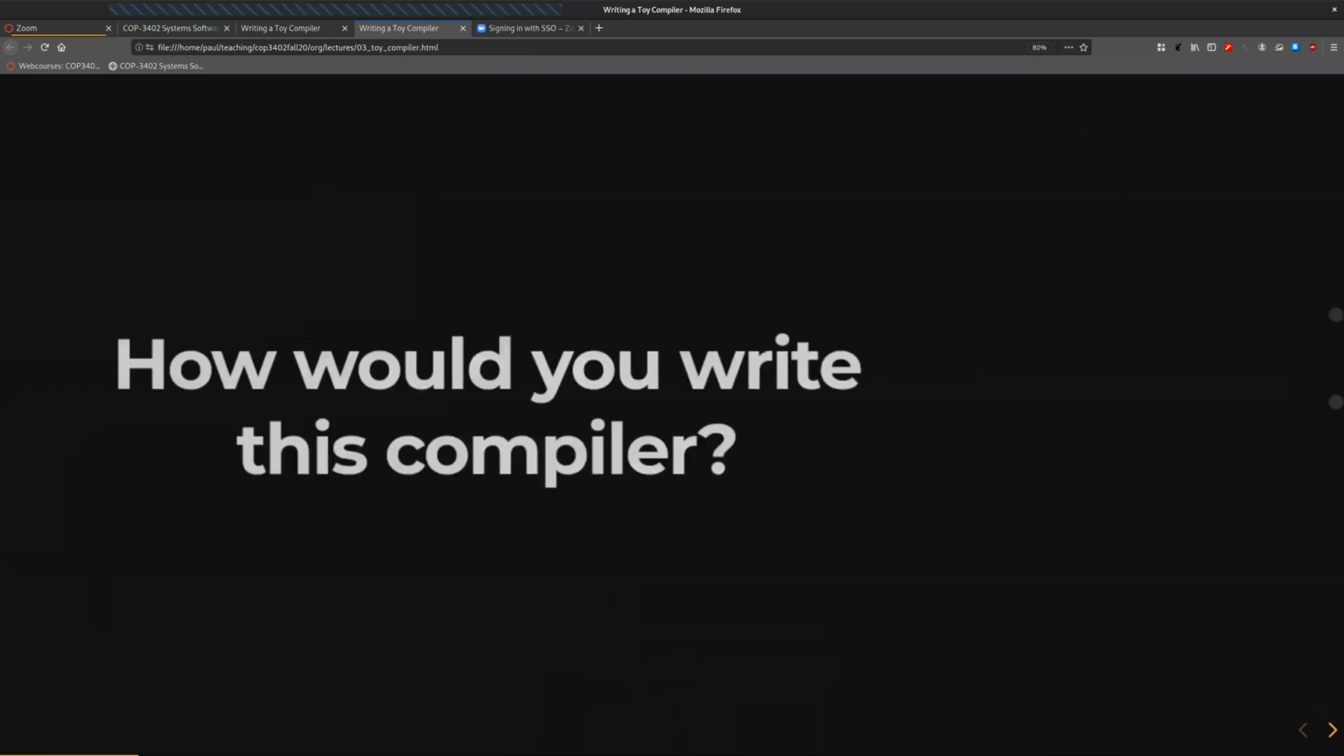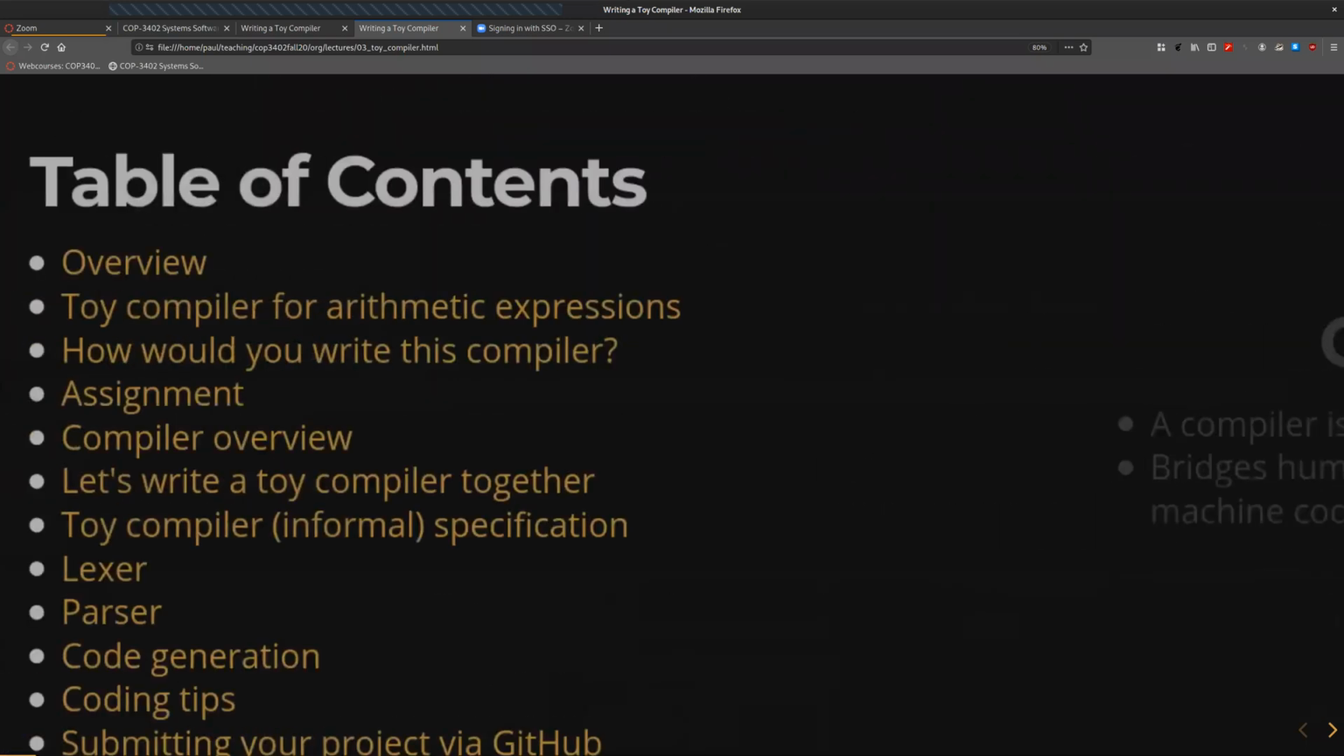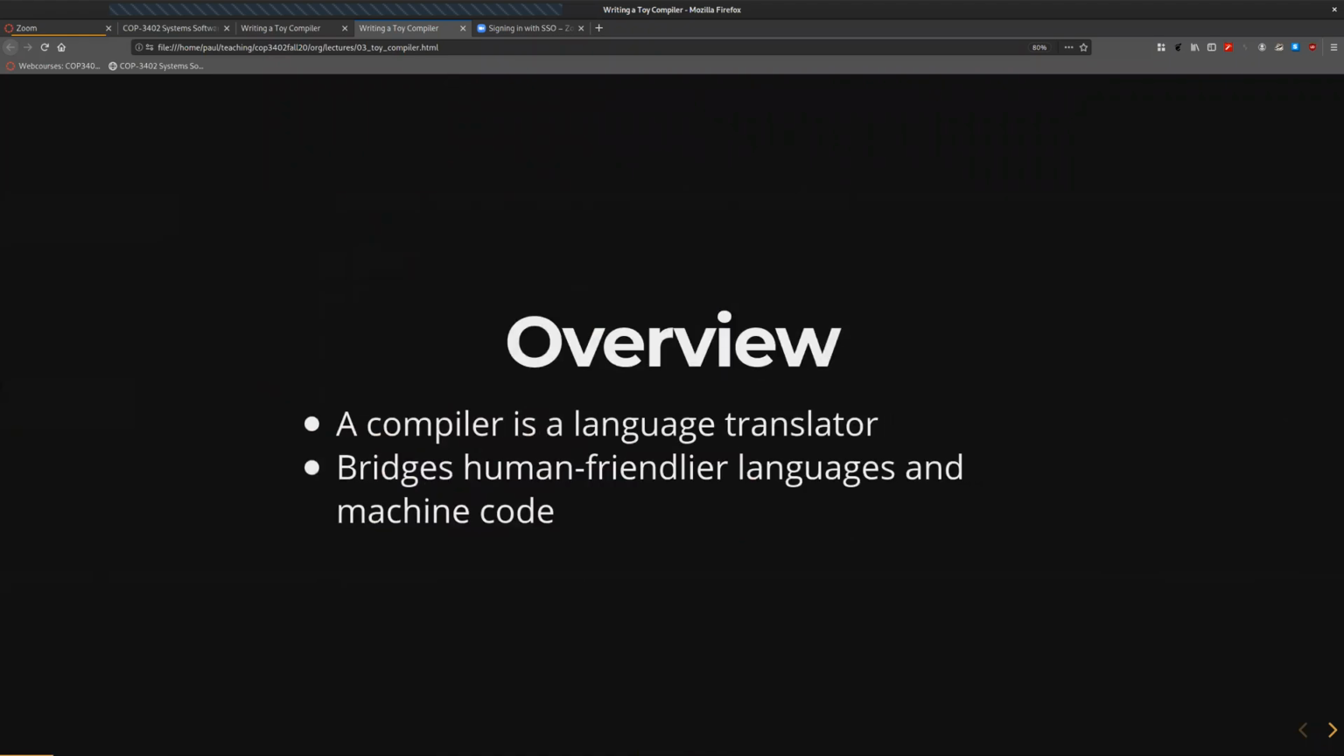Okay, so I'll talk about the assignment in a couple slides. But let's step back a little bit and look again at what a compiler is from a 10,000 foot view. What do we mean by a compiler? Okay, so a compiler is